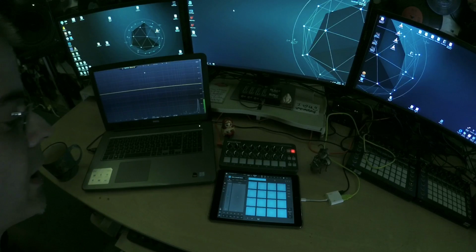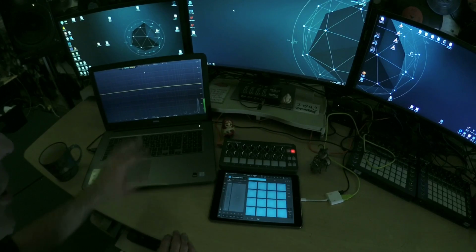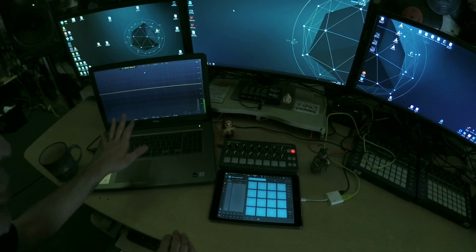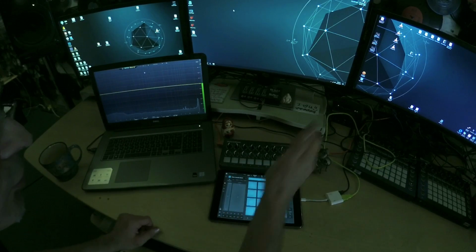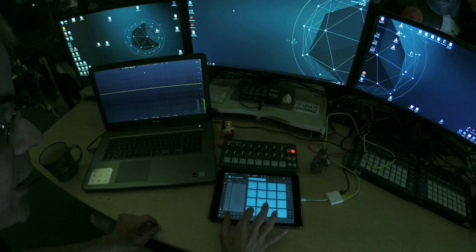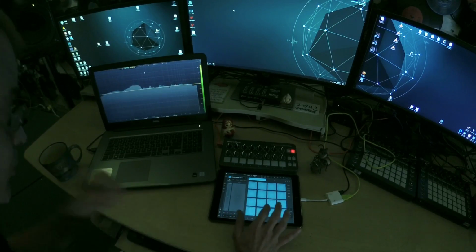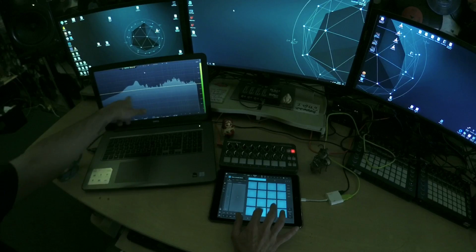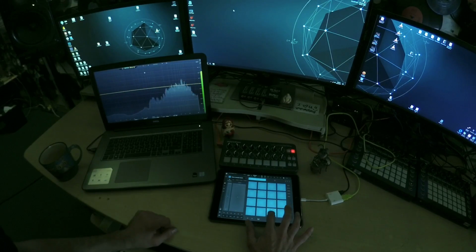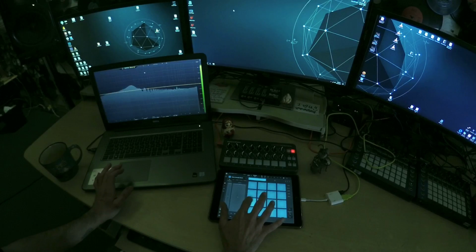I've showed it a lot in my other videos, but just real quick, for maybe those of you who haven't seen, I want to explain why I have the FabFilter ProQ plugin here. Because with this and the way that I have it, just the headphone out from my Novation Audio Hub, which the iPad Air is plugged into, I have that just going into the input of my Ableton on the laptop, so that we can get a visual representation of the frequencies of the sounds as I'm working with the samples,